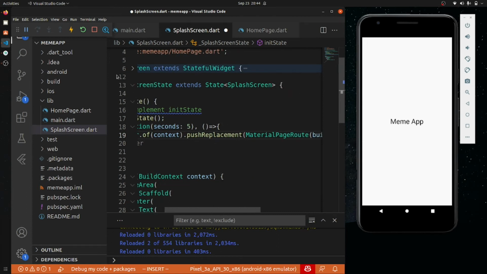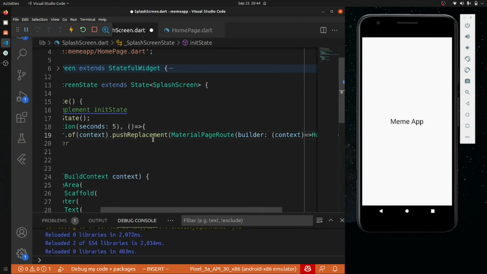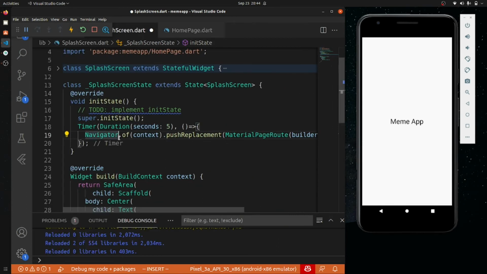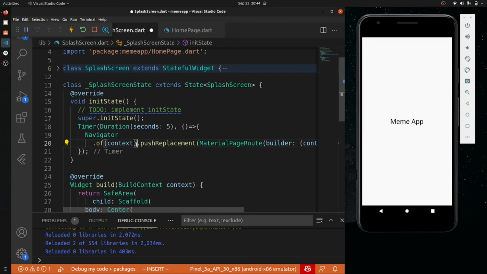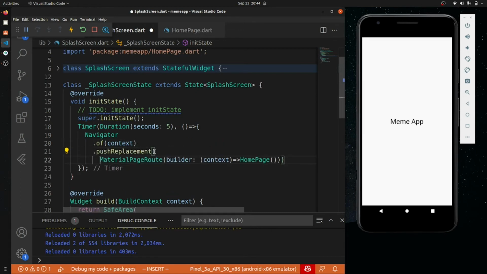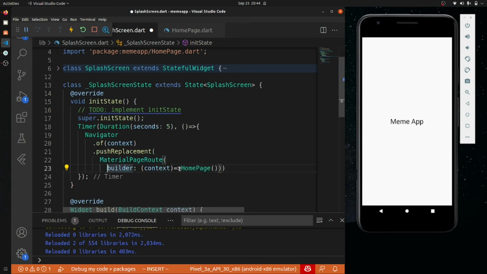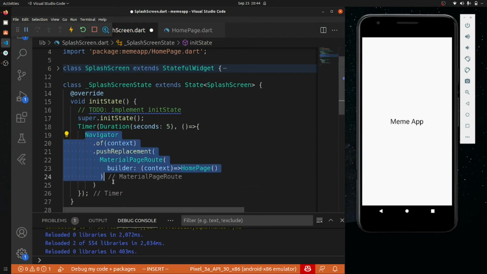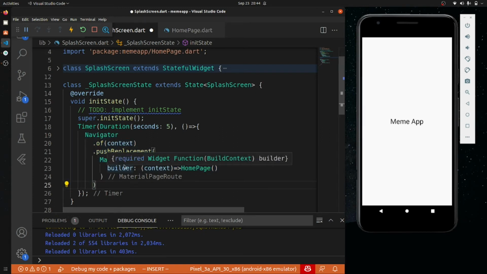Okay, so let me show you what I was talking about using getx. We know that this is approximately a line of code, and you have seen that we are facing some issues if we don't understand the code that we have. So what I will show you is, we have approximately 4 or 5 lines, and getx will do it with a single line of code.